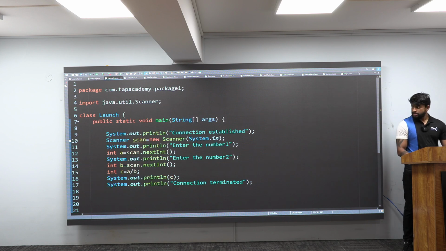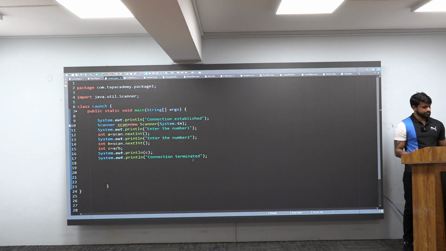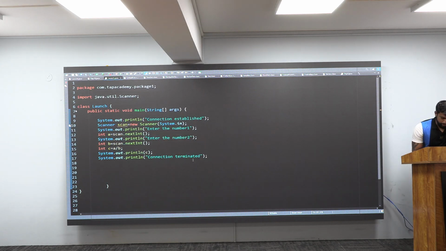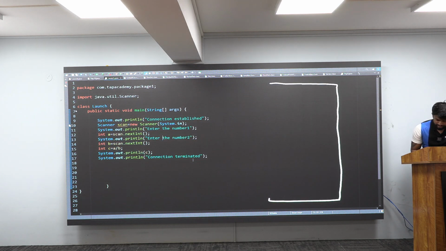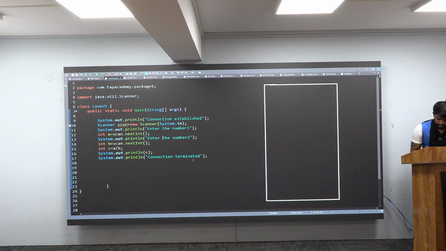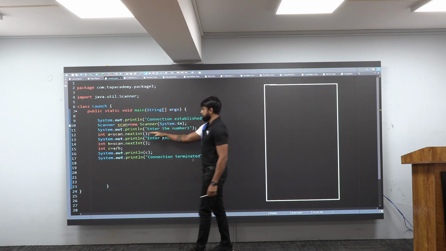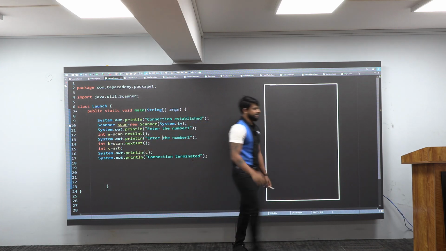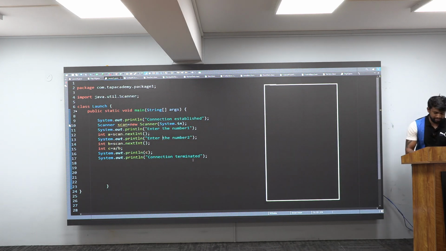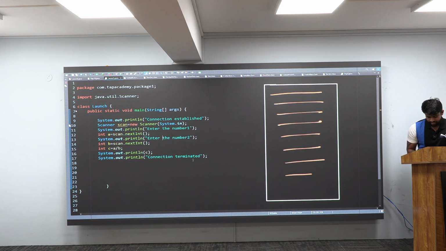Okay. So let me decrease the size of this code so that I can make you understand in a much better way. Beautiful. Now this is a Java program you have coded. Let me represent this in this fashion. Now how many lines do you have here? 1, 2, 3, 4, 5, 6, 7, 8, 9. 9 lines are there. The same 9 lines I want to put here, like this. 9 lines are there in your program.